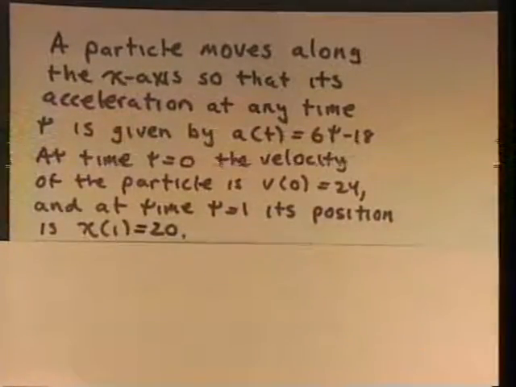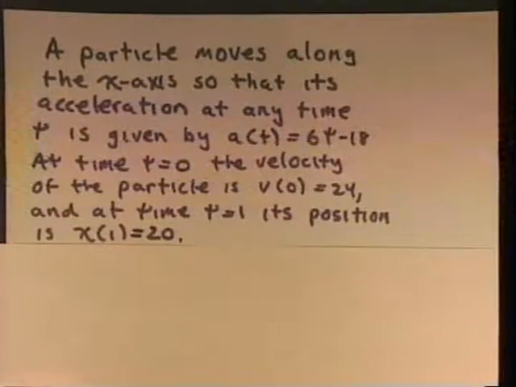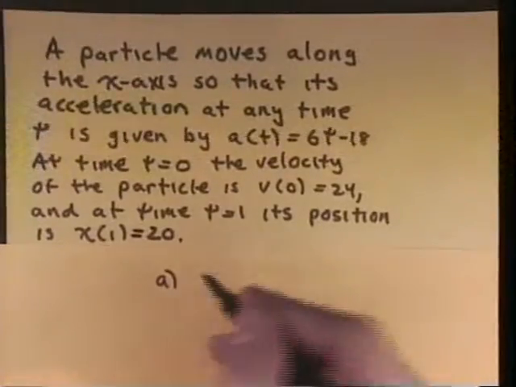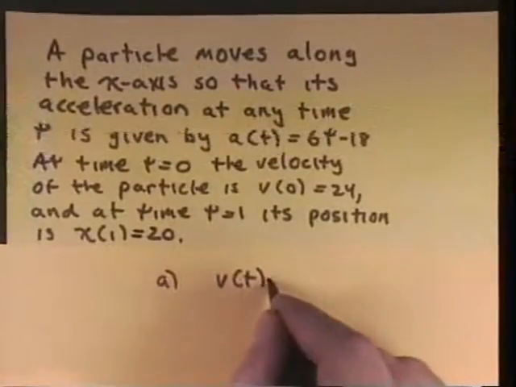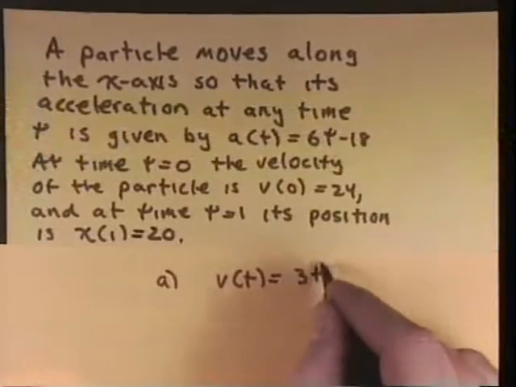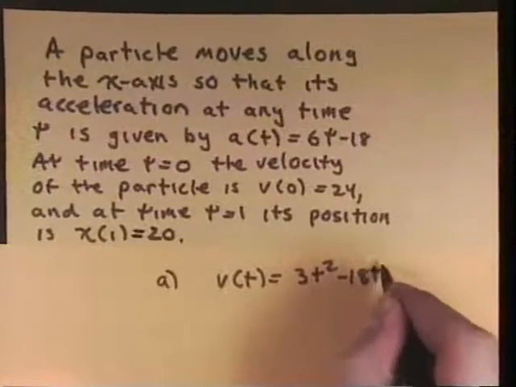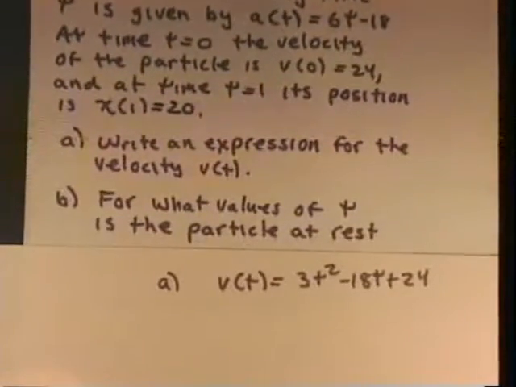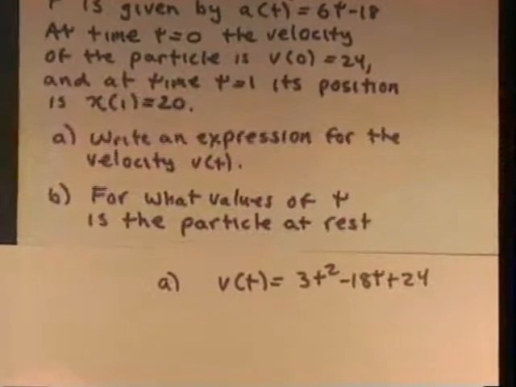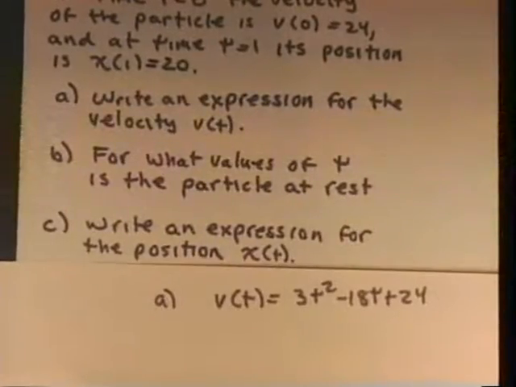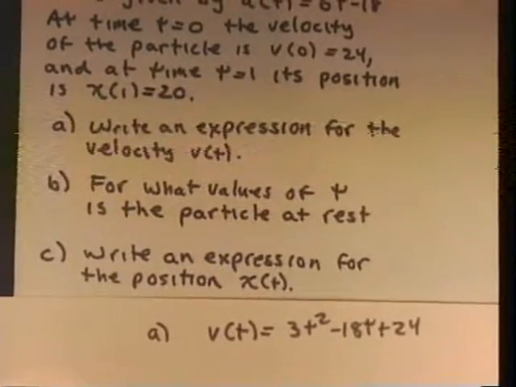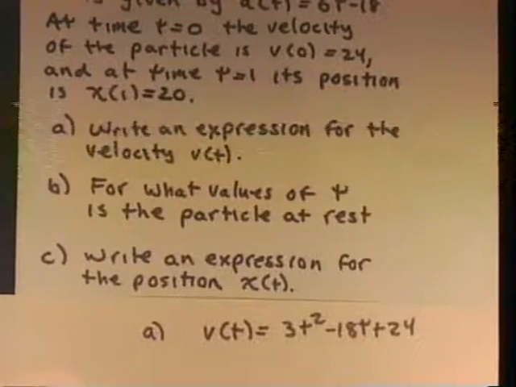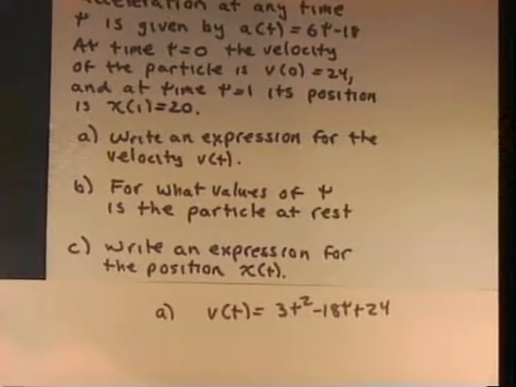Cecilia, we're going back with the problem that I was going to give Martine. We found out in part A that the velocity was equal to 3t squared minus 18t plus 24, right? Then we found the particle at rest, and Jermaine Martin told us that t equals 2 and t equals 4. How would we find the position?